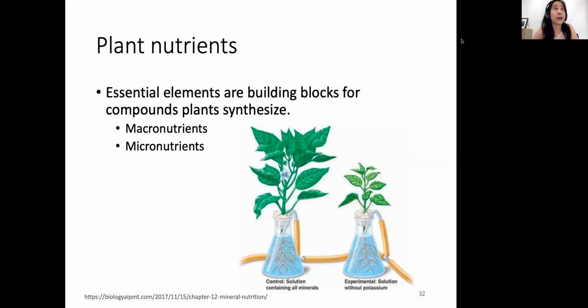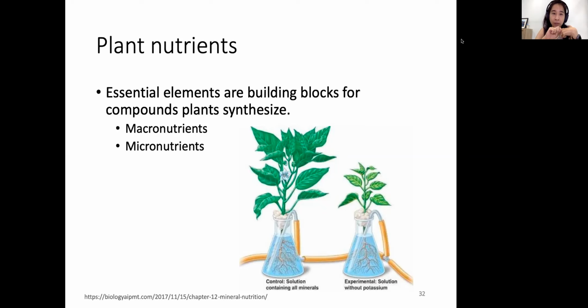All right. Hi, everyone. This is the last topic in water relation lecture. So we will talk about plant nutrition. Plants need to take up many essential elements to build their building blocks for compounds that plants synthesize. We can divide those elements into two: macronutrients and micronutrients. Macronutrients are the elements that plants need in a large amount, and micronutrients are elements that plants need but